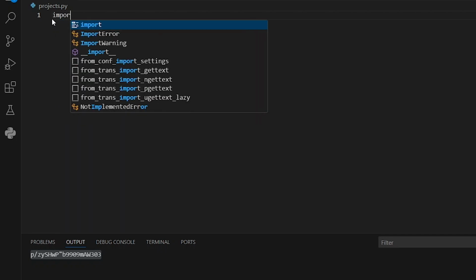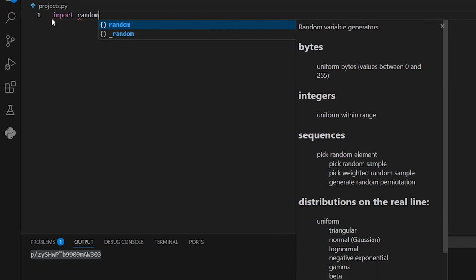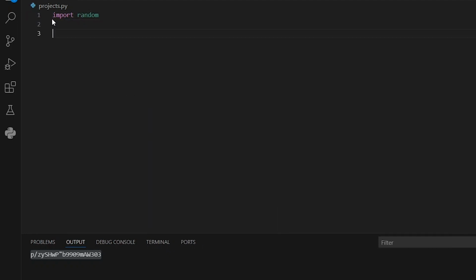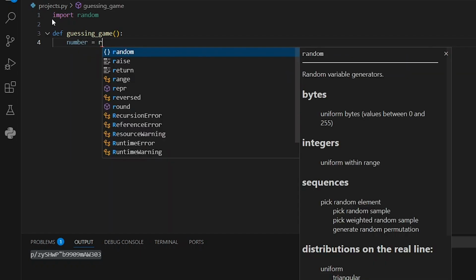So we'll start by importing the random module. So here I have import random. Next, I'm going to be creating a function that will be wrapping the game. So I'm going to call it guessing game. So here we have def guessing_game. And I'm going to start by generating a random number. So here I have number is equal to